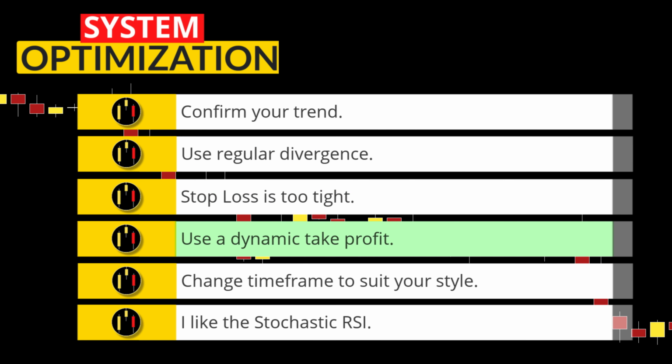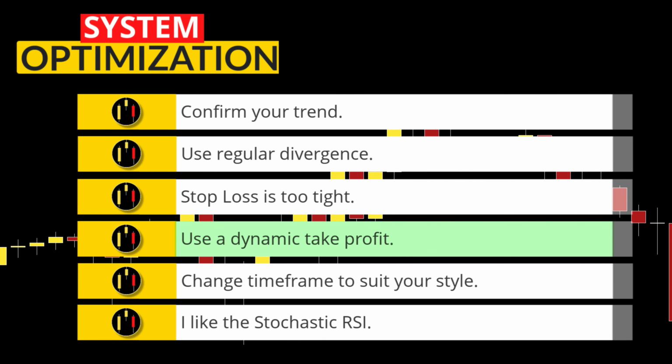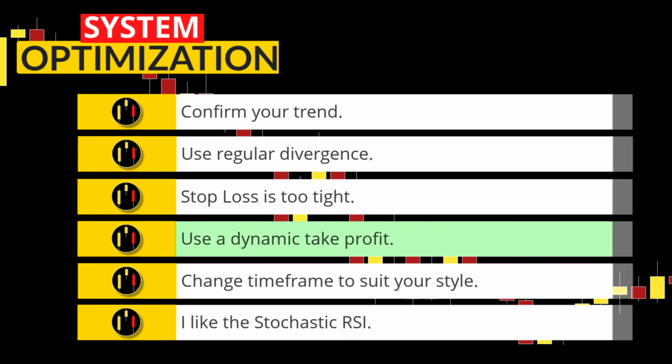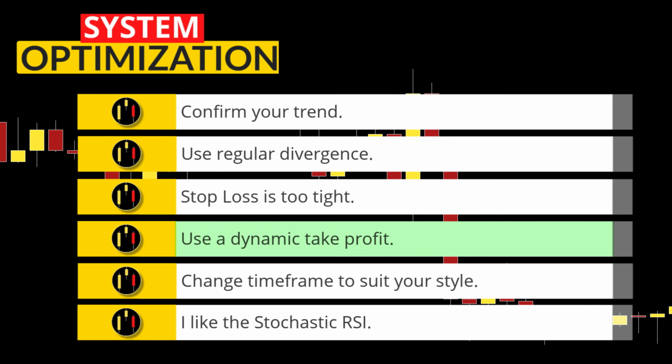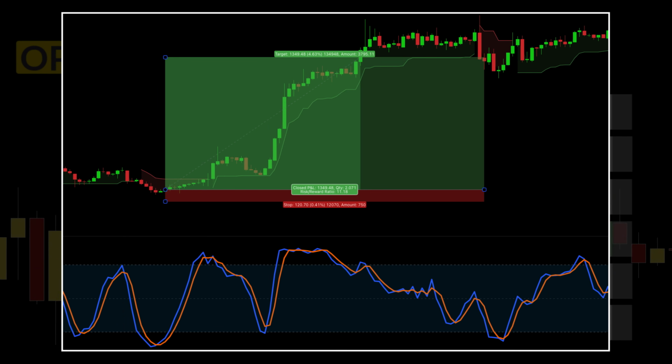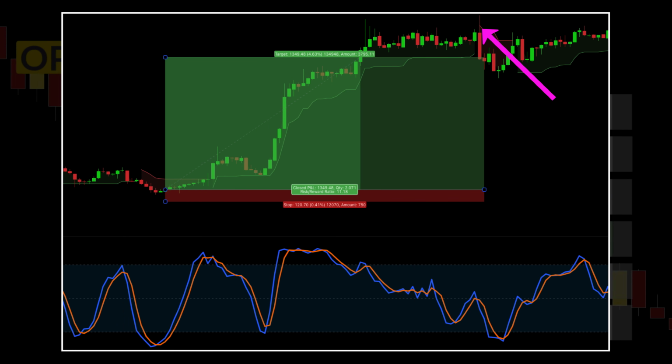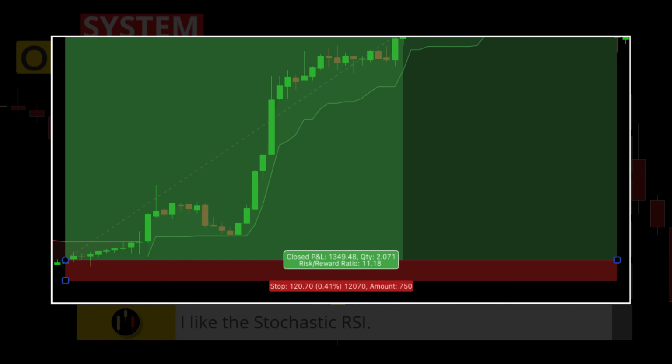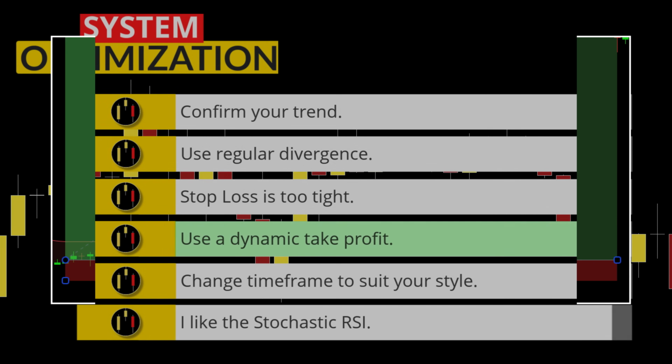Continuing on, combining the higher time frame trend and using a dynamic take profit method on smaller time frame can really increase your gains over the course of a series of many trades. Using a sensitive super trend on the lower time frame as an exit signal can yield some huge results, like this one with a phenomenal 1 to 11 risk versus reward.